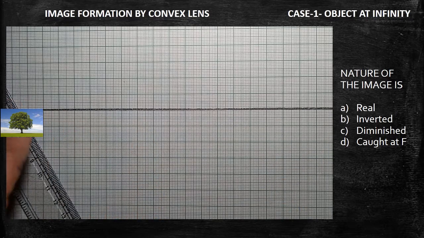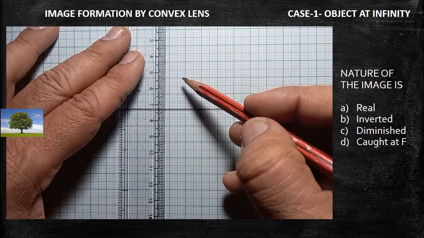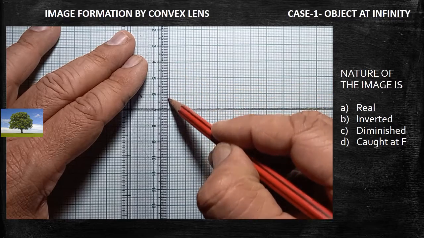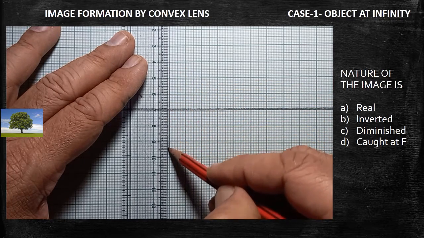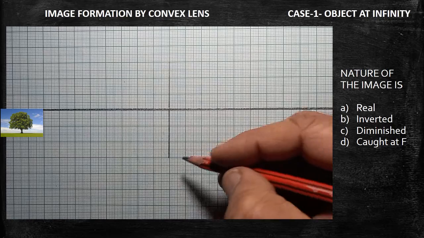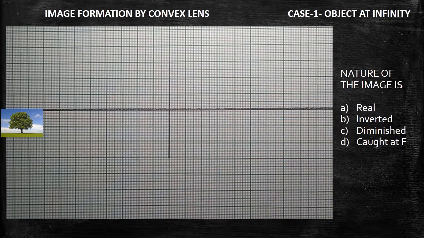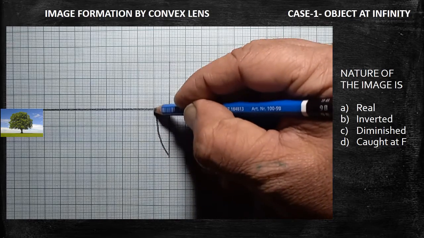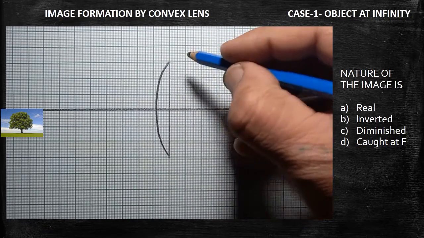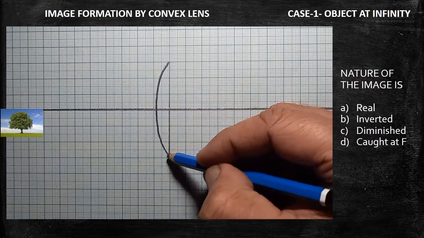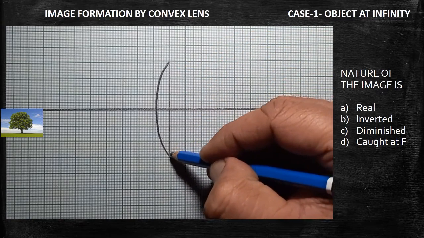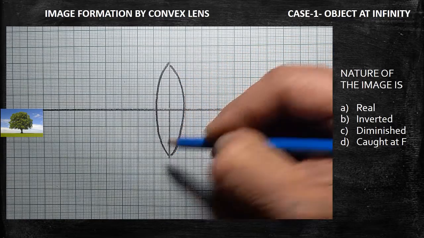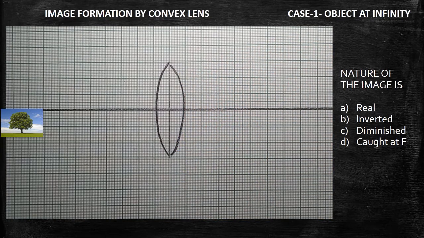Now I am going to draw the lens. To draw the appropriate lens, you take 3 centimeter in the upper portion and 3 centimeter in the down portion. Now these two ends of the line can be connected by means of a curved line. So you will get a clear lens. The shape of the lens will be good. So you can follow the method. Are you clear? If you follow this method, you will get an accurate and precise lens like this.